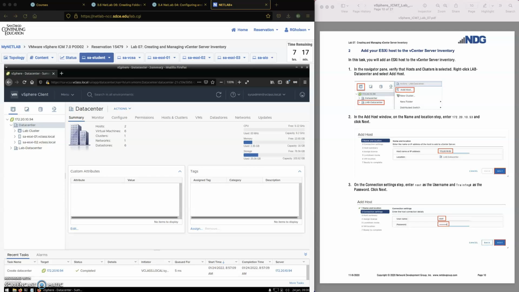Welcome back to NetLab 7, Creating and Managing vCenter Server Inventory. I'm Richard Golson, and I'm going to walk you through Task 2, adding my ESXi host to the vCenter Server